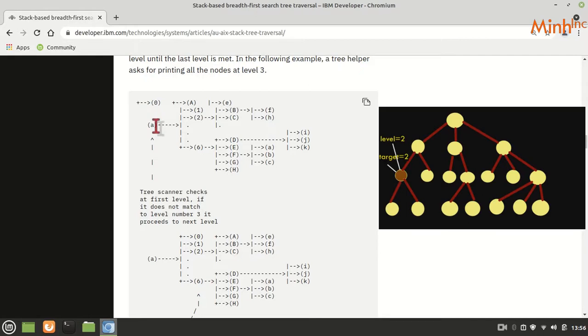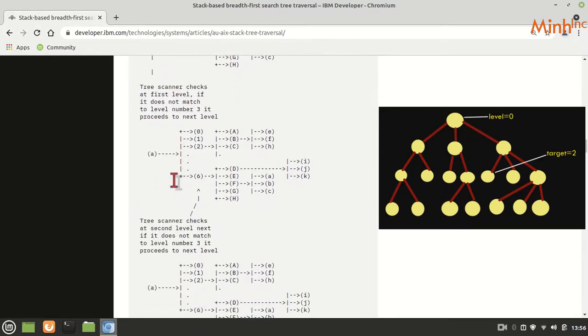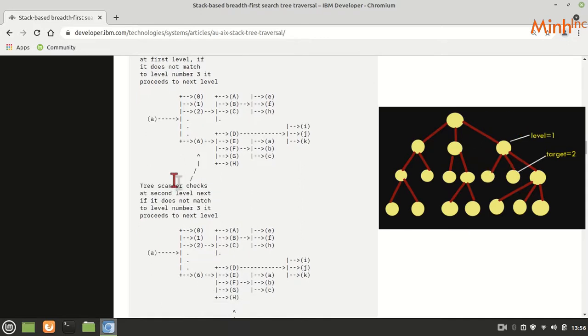We will start this algorithm and say that I want to print all the nodes at level 0, that is only 1, so we will print A. Now we will traverse the tree again and say I want to print all nodes at level 1. So it will start from the root, which is level 0. It will go to the next node, which is level 1, and print it. Come back to root again, go to the next node, that is level 1 again. This way it would print all the nodes in level 1.